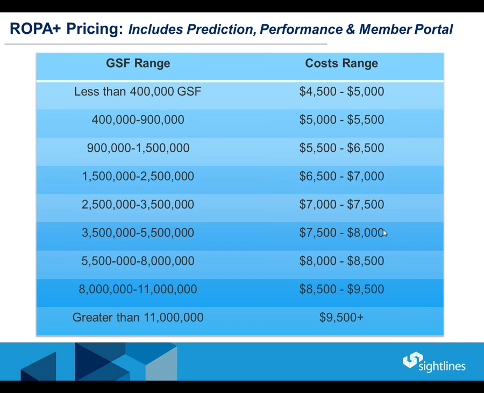Ultimately, for those of you who have talked to new member campuses, since last year we have only been selling ROPA Plus to everybody. So all the new campuses, since basically last June, have started up with a 3-year plan for ROPA Plus discovery, prediction, performance. Now we're really trying to get our existing members to take advantage of the same tools that your new colleagues are getting, and this allows you to do that at a very modest increase in price.